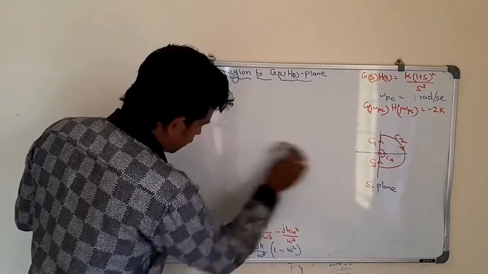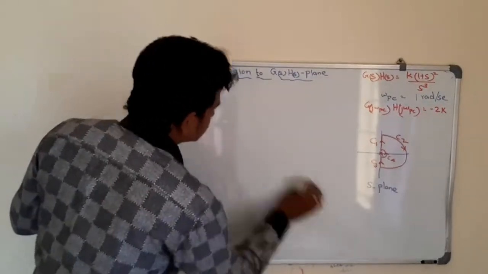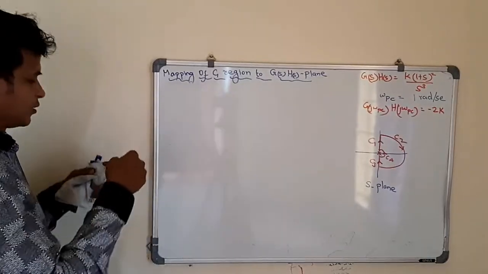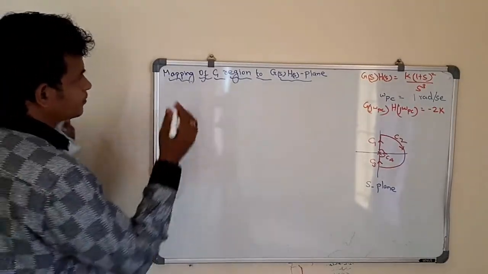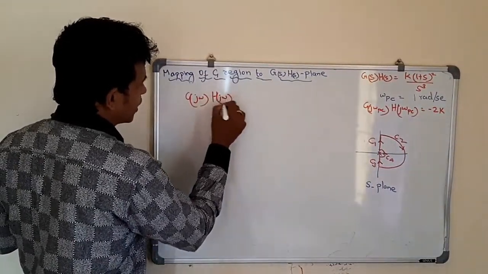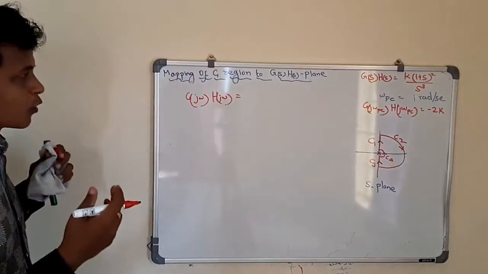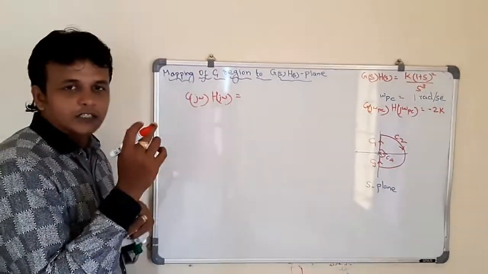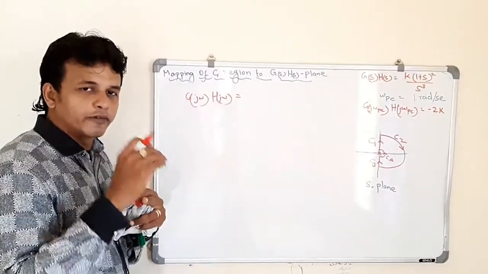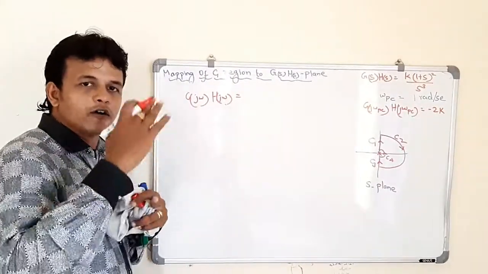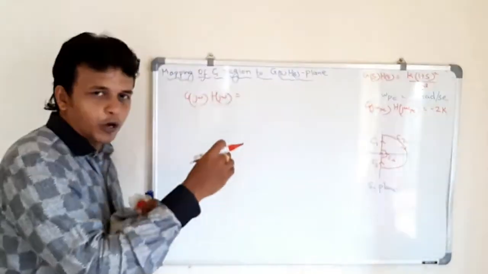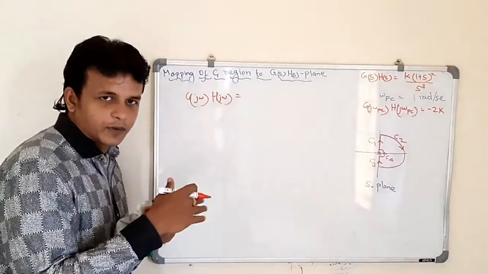Now again I am going to take the transfer function and solve it. I am going to plot the polar plot for the given transfer function. G of s into H of s is equal to g of j omega into h of j omega, which I am writing in the frequency domain. So how do we plot a polar plot? We write the given transfer function in magnitude and phase separately, and we vary omega from 0 to infinity. For different values of omega from 0 to infinity, we plot the magnitude and phase separately. So this is how we plot a polar plot.